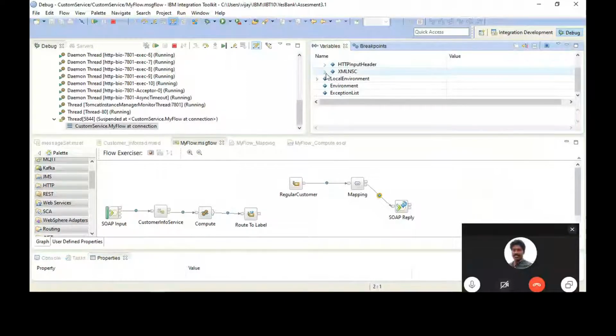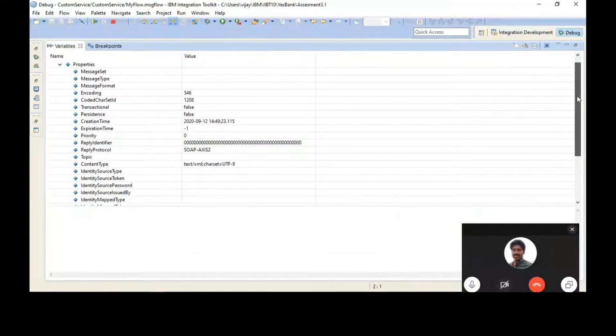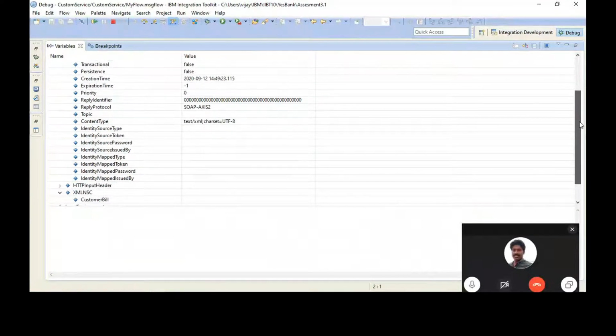Let's look at the properties. So there are no properties in this, is it? Click on properties to see the values. The values are being populated. Good. But XML NSE is still blank.